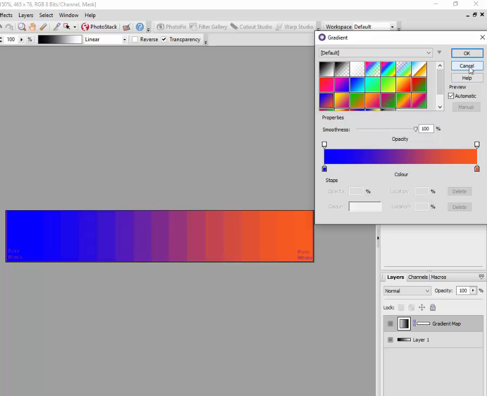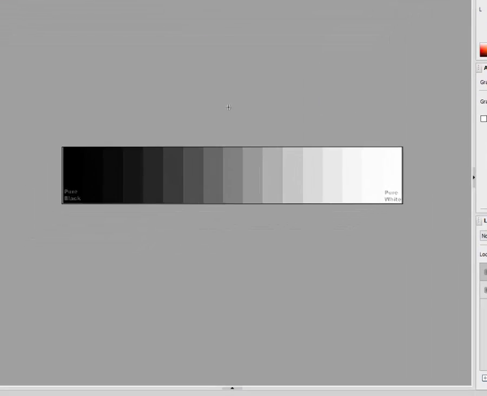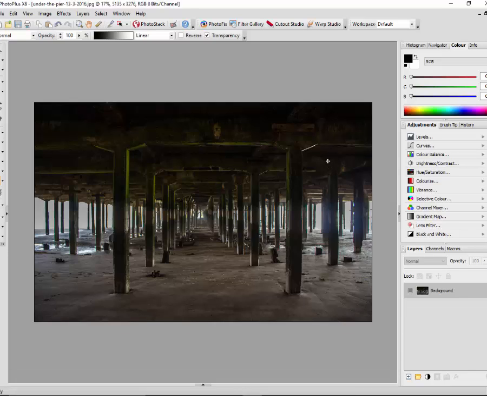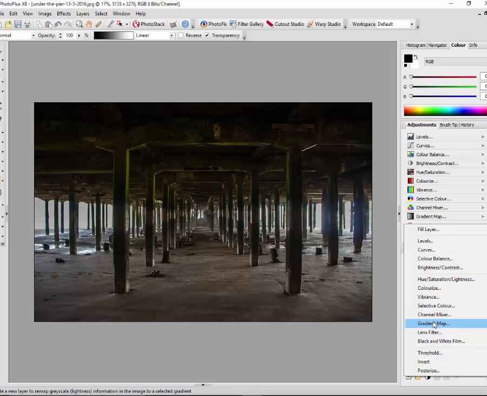So I'll just cancel that, and then I will go to another picture which I took myself, which is underneath Walton Pier. I've picked this picture because there is a lot of black pixels and quite a lot of bright pixels where the sun is coming under the pier. So what I want to do is I will again add the gradient map,